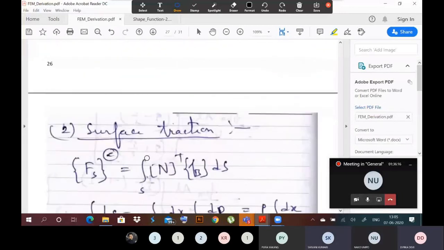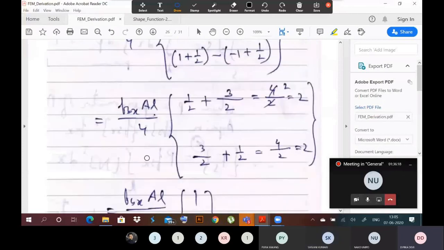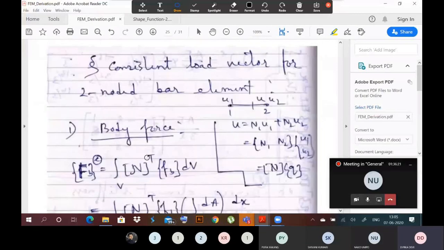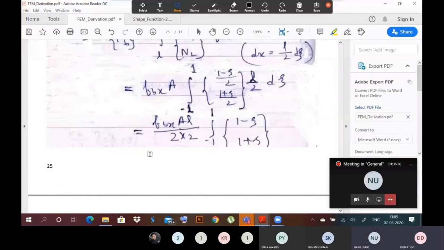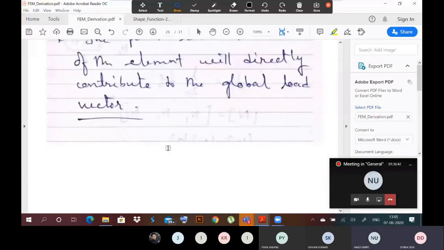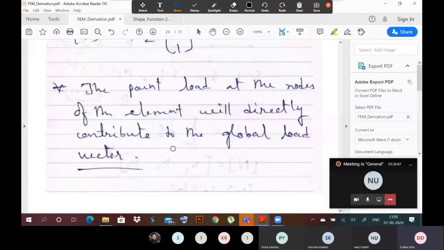Then for the beam, I will give you the derivation of the consistent load vector for the beam. That is not given here. You can see it in the book by S.S. Bhavikatti. If you don't have it, I will share a scan copy of the file with you, and then we will solve problems for beam, bar, and frame. If I don't get time, I may omit frame. I will solve one very simple problem, then I will omit the derivation of the frame part. I will directly give you the expression, then we will only solve the problems on frame.